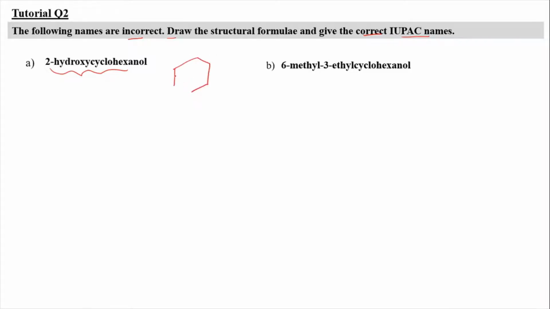We have the cyclohexanol, and at carbon number 2, it's attached with the hydroxy group. This name is wrong because when there are 2 OH groups, it should be a diol. So instead of naming it as 2-hydroxycyclohexanol, we're supposed to name it as